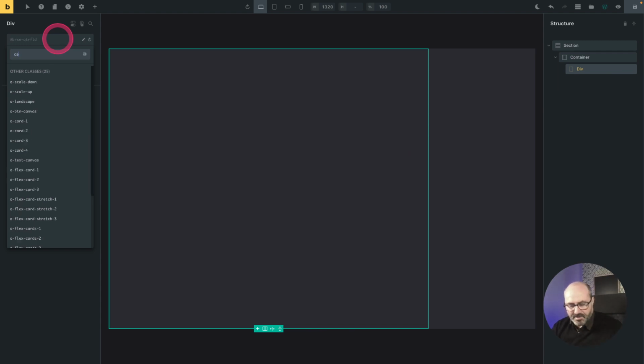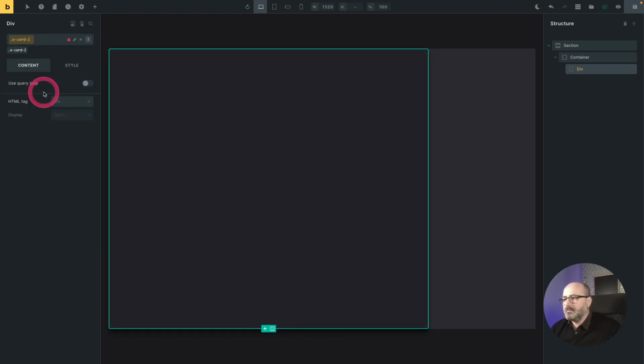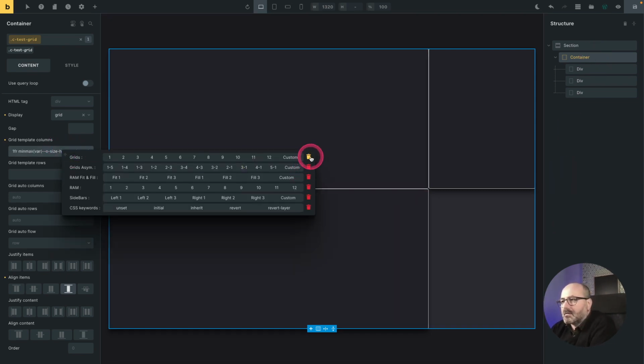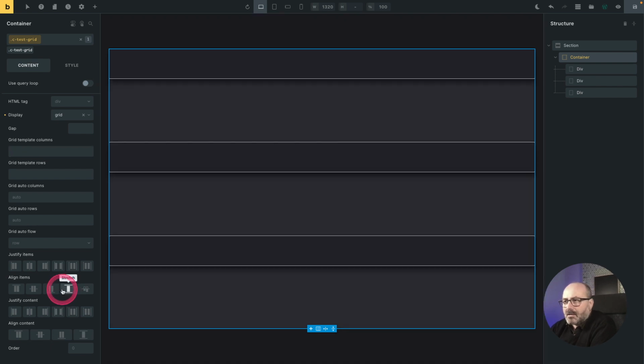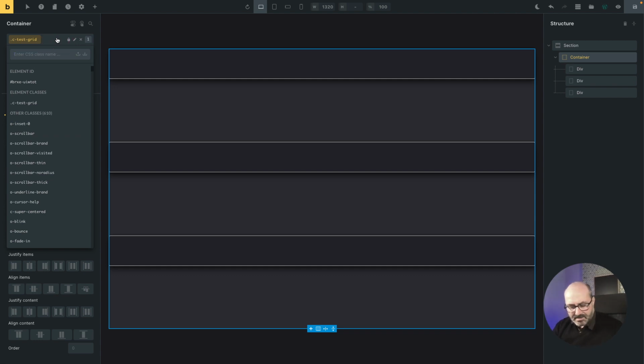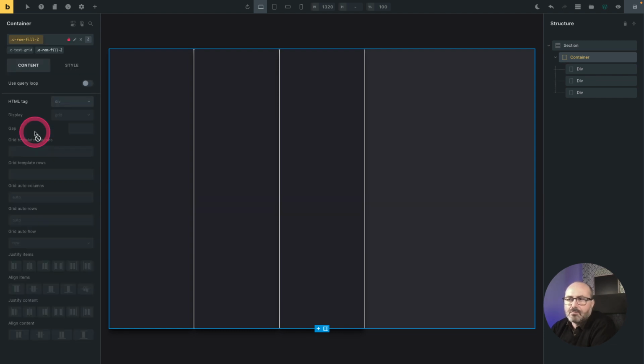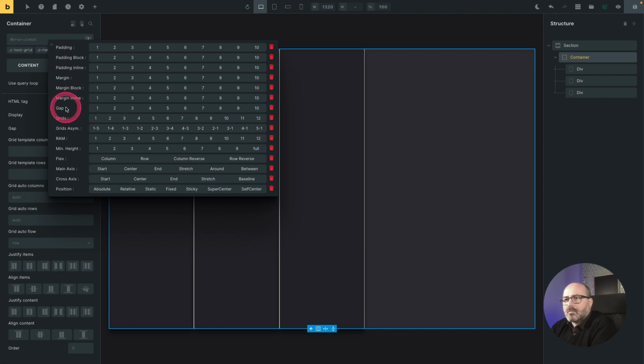My div will be a card 2. Let's duplicate it back to my container. I want to clear this template. I will remove the stretch align. And once again, we could call the class RAM fill. And let's use RAM fill 2, for example. Let's also use a gap